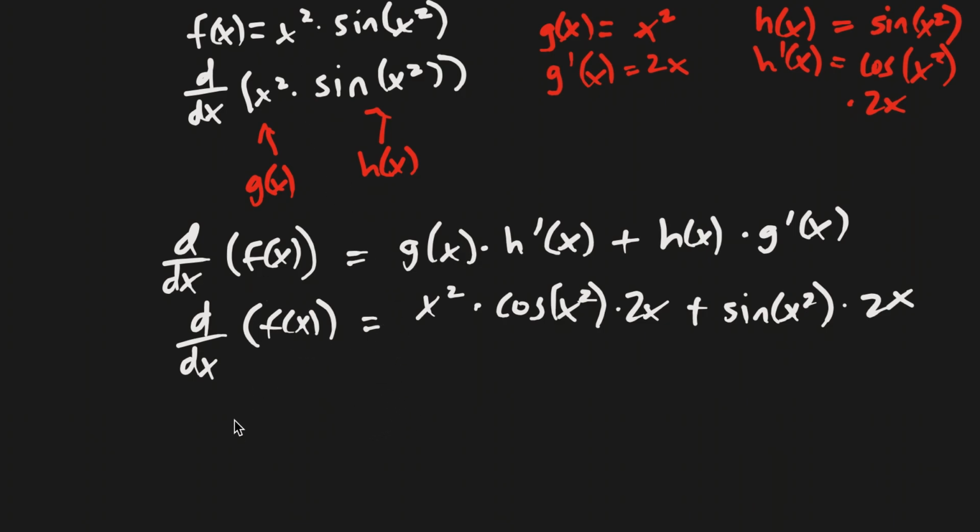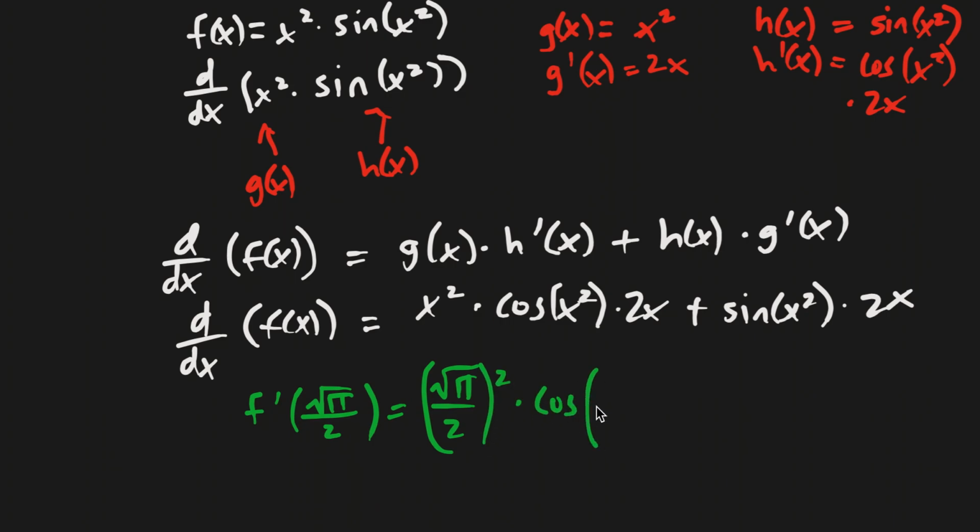So I'll do this in green, f prime of square root of pi over 2. So let's just plug that into all the x's. So this is going to become the square root of pi over 2 squared times cosine of the square root of pi over 2 squared. That's just going to be pi over 4, and I'll do that right there as well. I don't want to waste space doing that separately, so this is just pi over 4